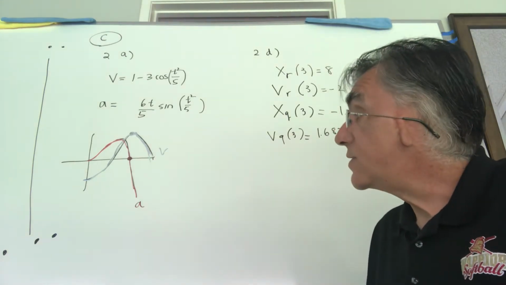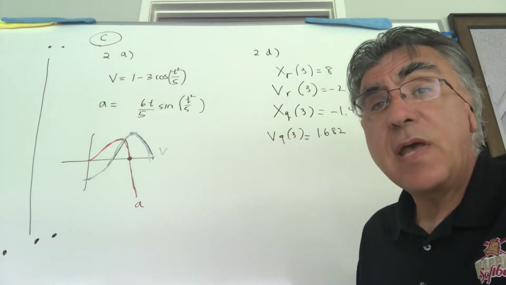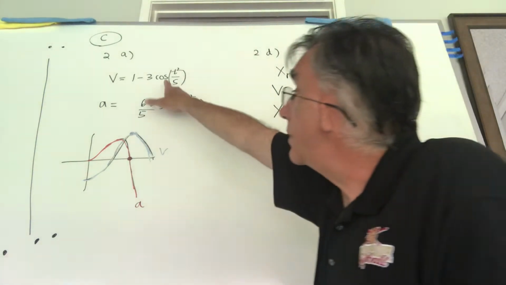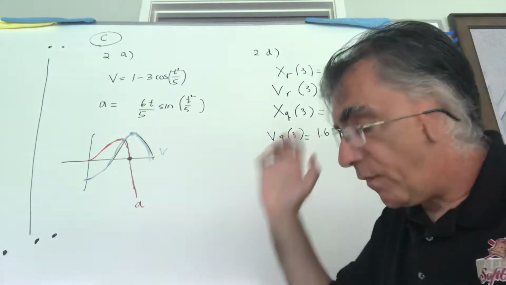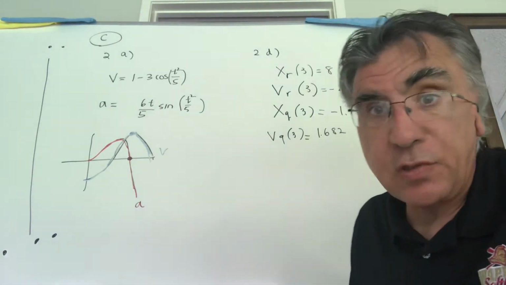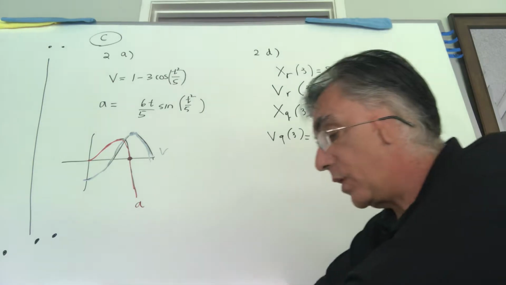Okay, looking at the C test, we're going to do 2A and 2B. I would put that in Y1. I'd put that in Y2 before I even did the question. I think it'd be useful throughout the entire question. So now that you do that,